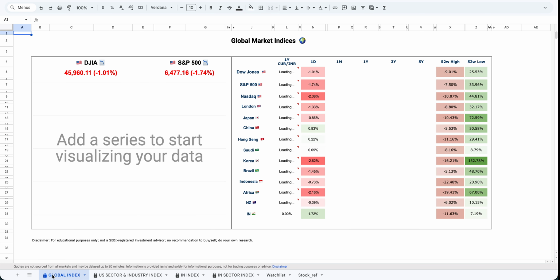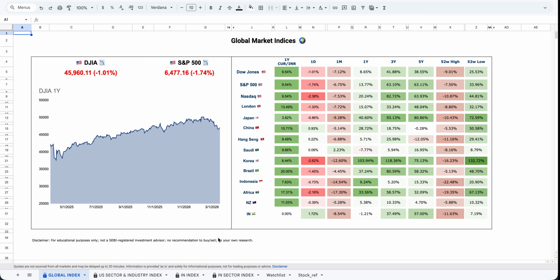The first one is the global index. It will show all the major indices in each country. For example, in India we have the Nifty and Sensex. Similarly, we have a benchmark index for each country, so that will be listed. We just listed all the available countries here. The left side will just focus on